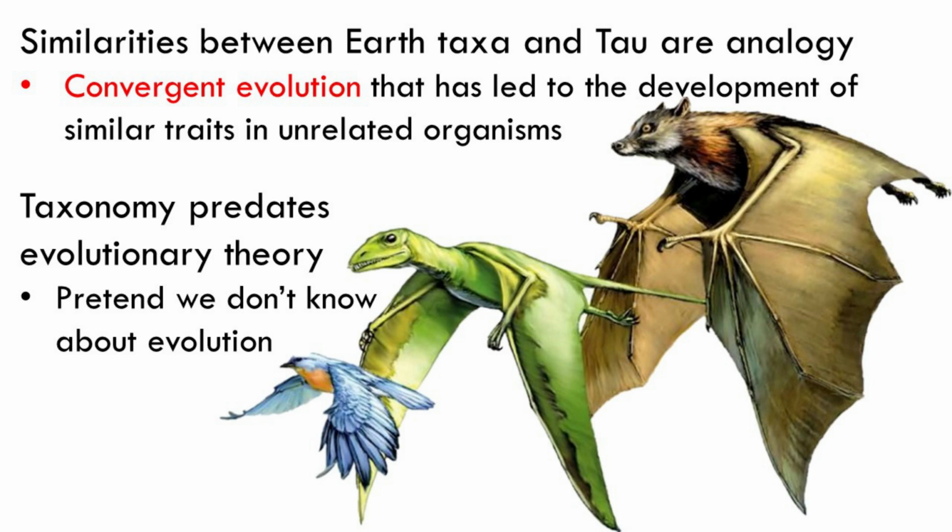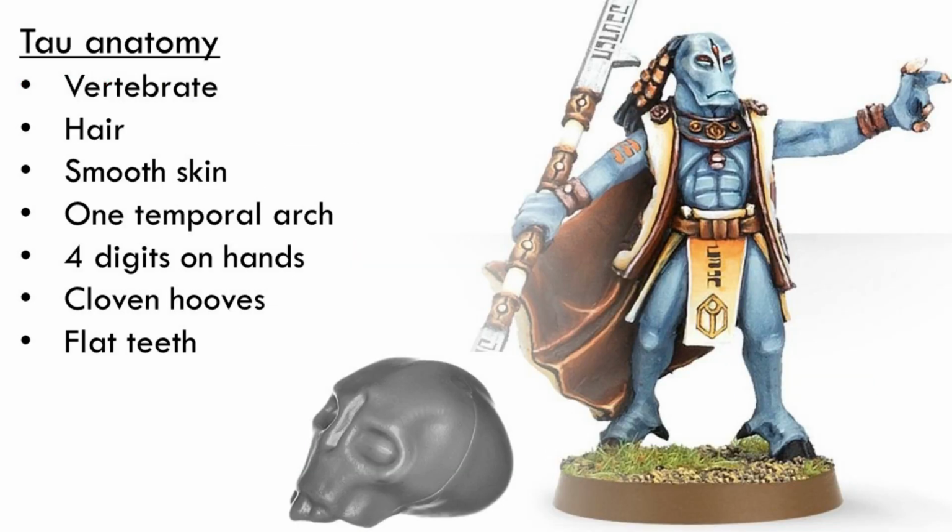Where are we going to put it? To do that, we have to look at what we know about tau anatomy. For one thing, we can pretty strongly conclude that they are vertebrate. They have a spine. They have hair, or at least something that appears to us to be hair. They have smooth skin, right? We don't see any protrusions from their skin really, other than what we would see on a human type of